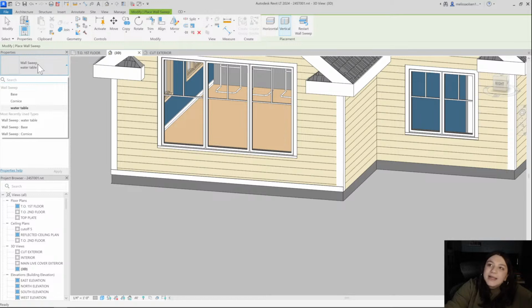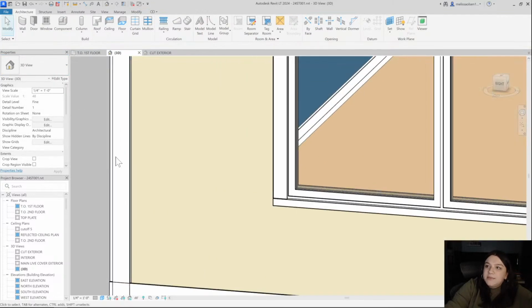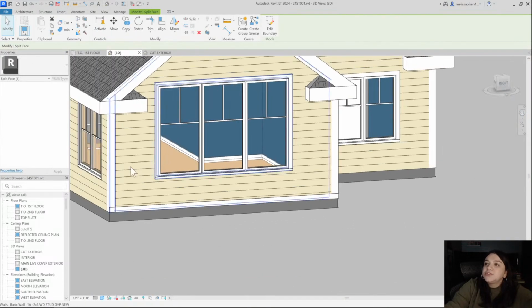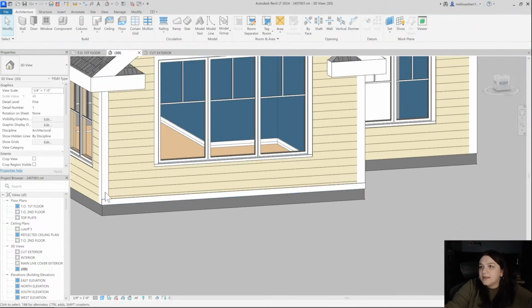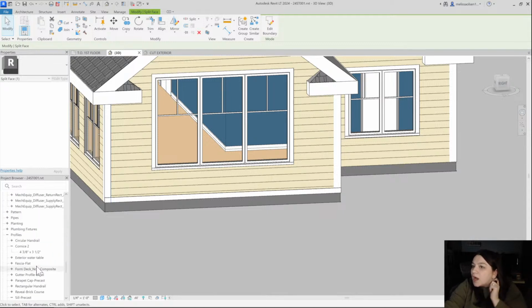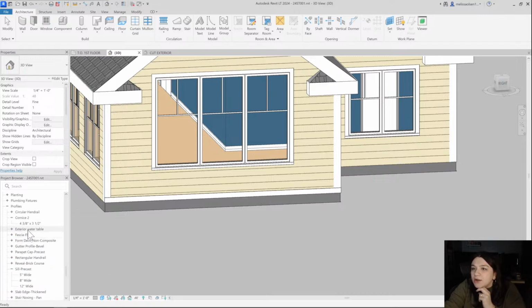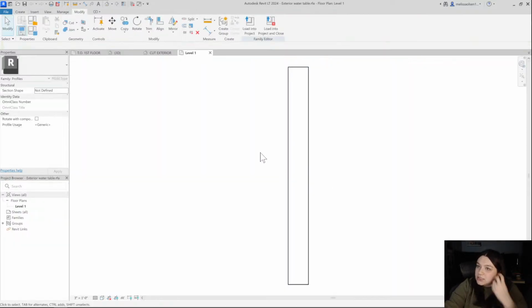And I could just leave it as water table, but if I wanted it to be a different size, I would go in and change the profile of it to be a different size. But it does look like right now it is a pretty good size. So if I were to go back into the wall base, if I were to go back into the exterior water table and edit that family, I would just look and see